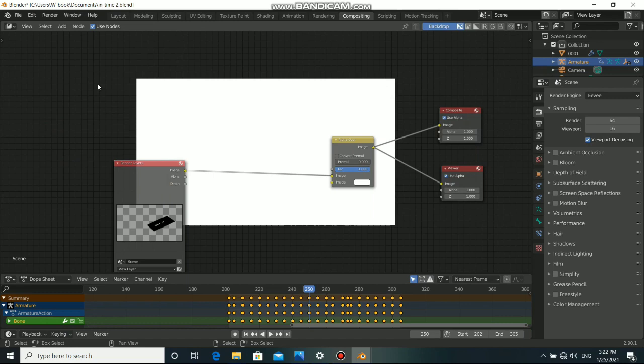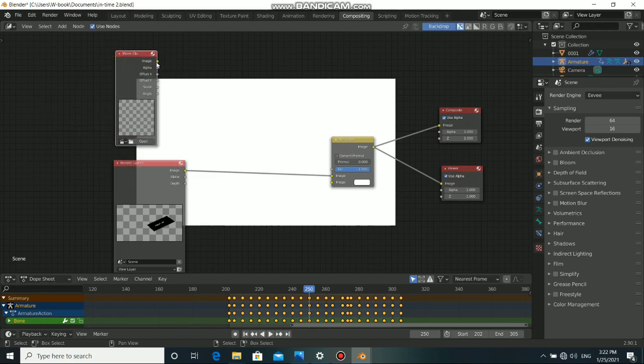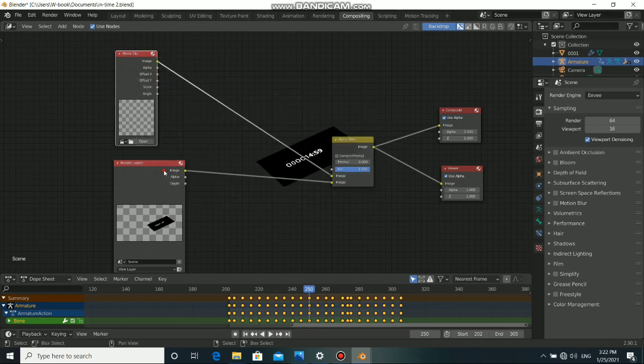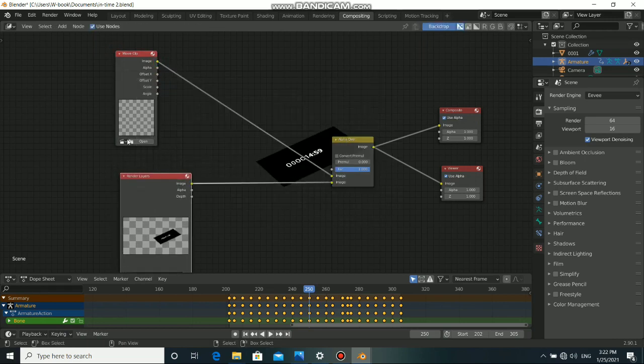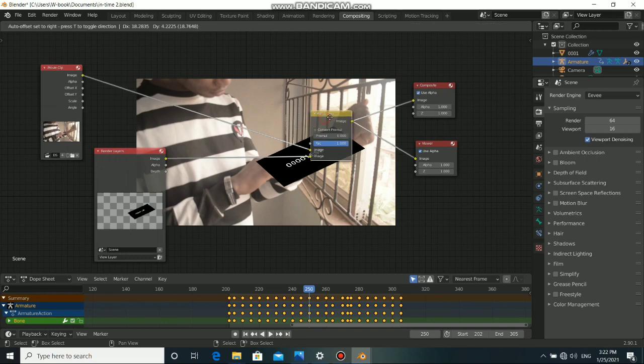Press Shift A, go to input, now select a movie clip. Okay, drag this up and let the image come down. Okay, select here and choose our movie as the background. Now you can see that we have a movie clip here, and you can see that this is a plain